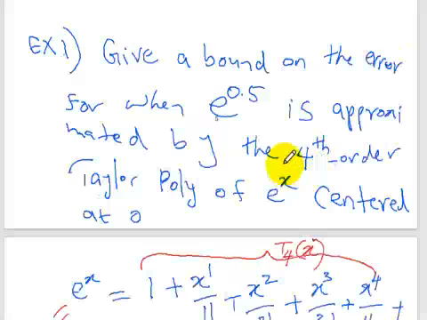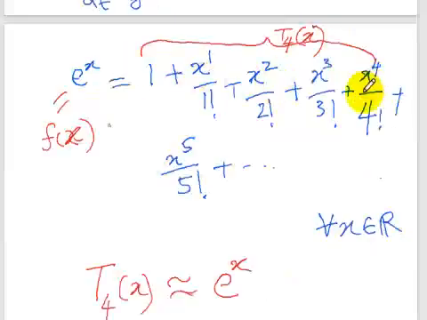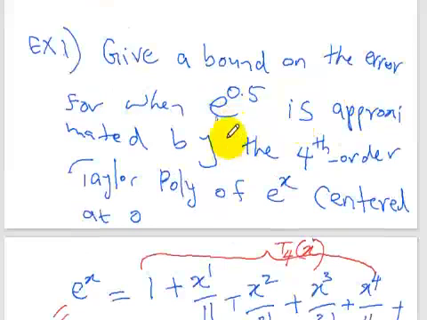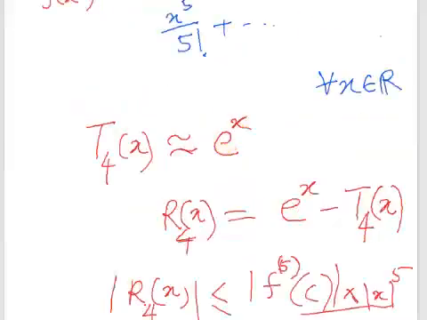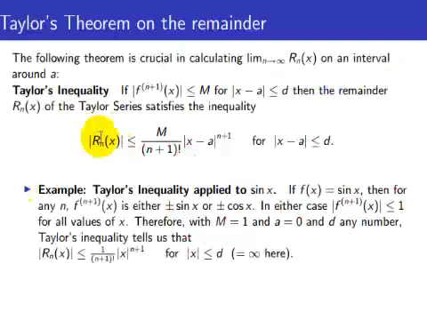So in the problem, if you go back to the problem again, we want to approximate e to the 0.5 by using this fourth order Taylor polynomial, right? From this theorem, the Lagrange remainder is less than or equal to this one here, the modulus of f to the power, so here the fifth